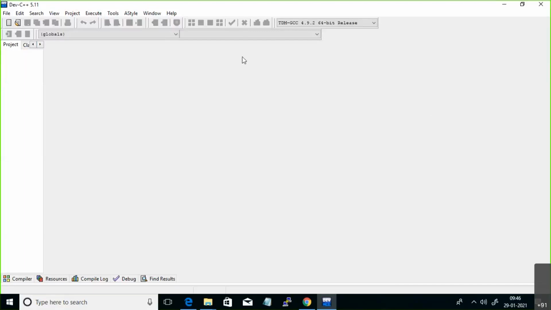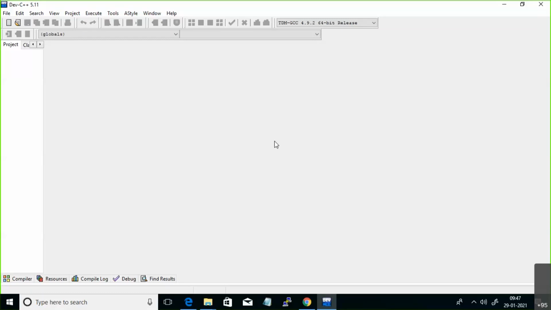This is your Dev C++ window. Here you need to write your code. Here only you need to compile your code, and here only you will see the output of your file. Everything is going to be done within this particular Dev C++ itself. In C language you used the Turbo C software. In the same way, here also you can use Turbo C++, but for our example, I have considered Dev C++, which is very easy and user friendly. All of you go through this Dev C++ itself.